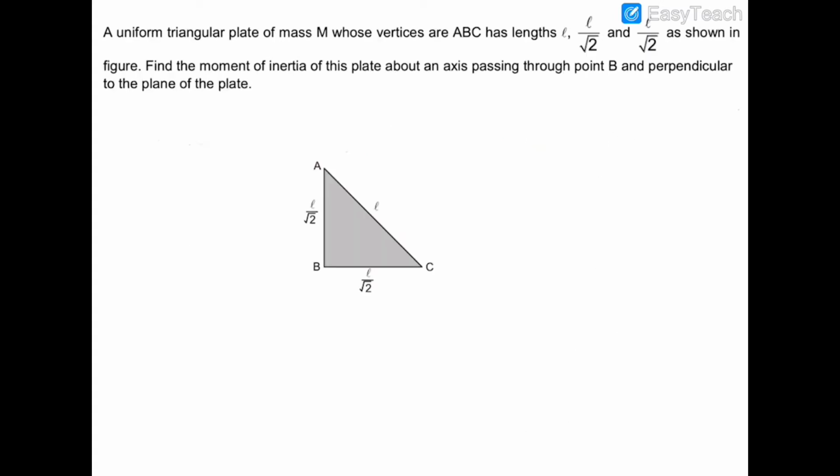In this question, there is a uniform triangular plate of mass M whose sides have the lengths L by root 2, L by root 2 and L. Now we have to find out the moment of inertia of this plate about an axis which is passing through point B and which is perpendicular to the plane of the plate. Now you can see that this is the axis, and if we imagine a triangle of similar dimensions on 3 of the sides like that,